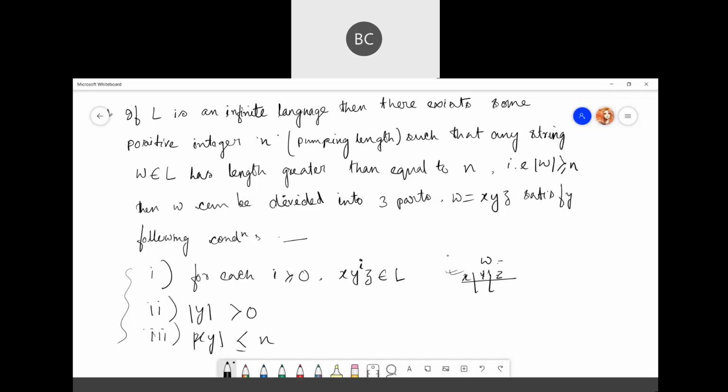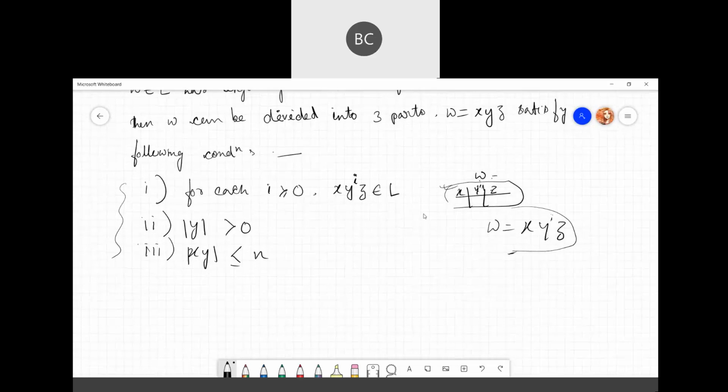Then we increase the length of y, that means we pump more y into the xyz. Then we check whether the substring is still part of the language or not. If it is not part of the language, it fails the pumping lemma, and then we can say it is not regular.